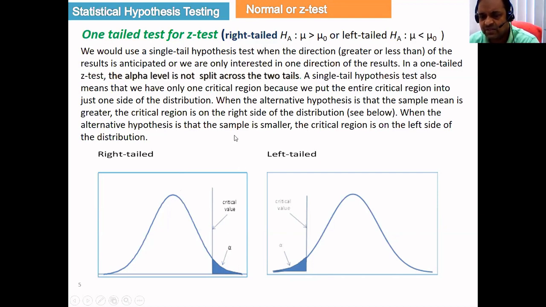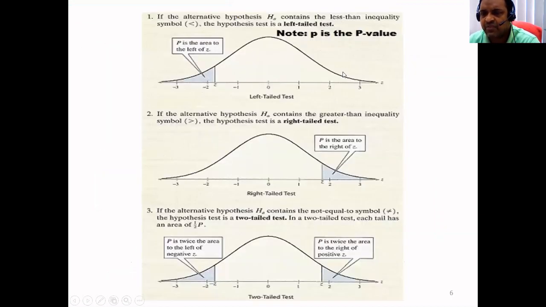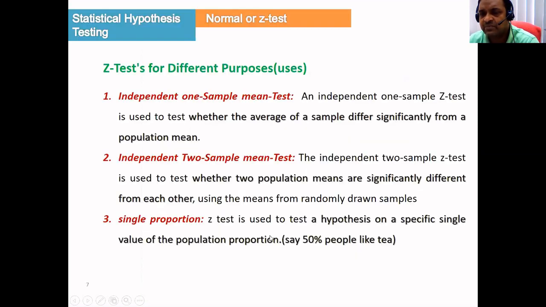Okay, let us go. So this is the view for the left tail test. If you have the critical region on the left side, the value of P will also fall in the critical region. If you have the right tail test, critical region alpha, the value of P will also fall in the right tail. And if you have a two tail test, alpha by 2, our P value will fall on the left side or right side, but we have to multiply by 2. We'll do it in detail. Okay, let's go to a practical example.